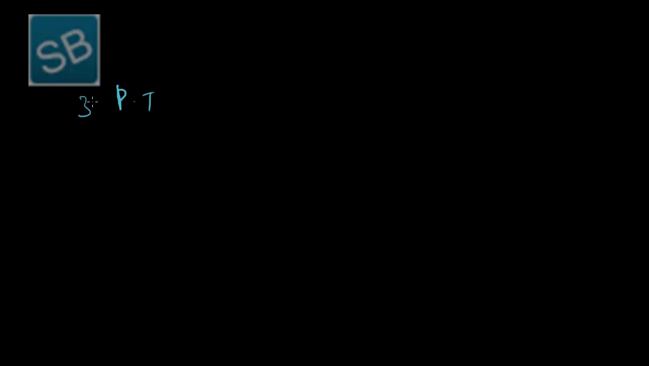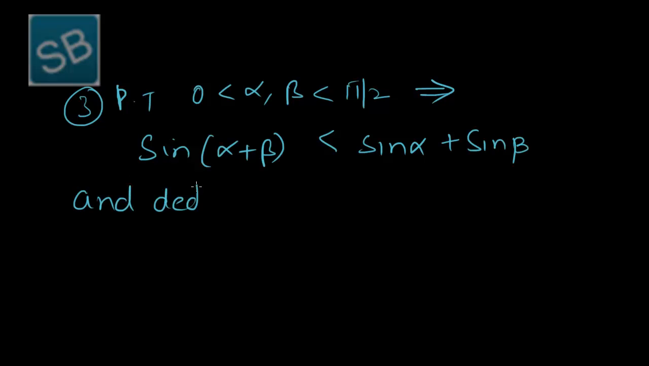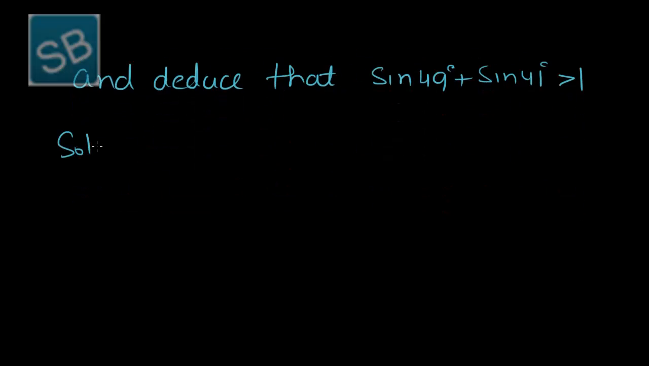Prove that, this is the third problem. 0 less than alpha and beta less than pi by 2, that is, values of alpha and beta lying between 0 to pi by 2, that implies sin(alpha plus beta) is less than sin alpha plus sin beta, and deduce that sin 49 degree plus sin 41 degree is greater than 1. So the solution is